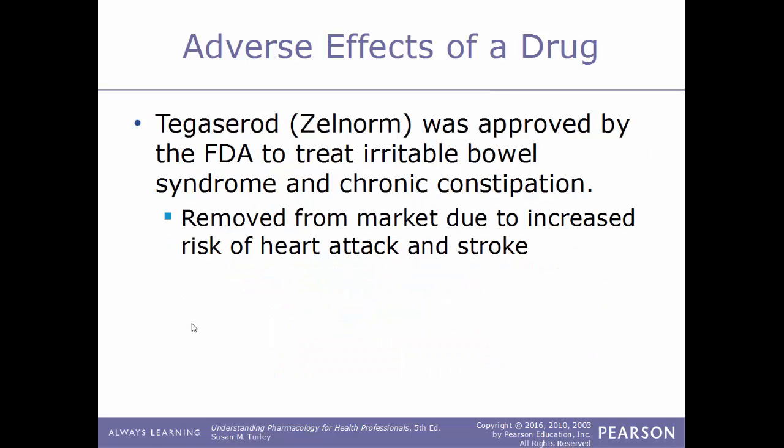The drug Zelnorm was approved by the FDA to treat irritable bowel syndrome and also chronic constipation. But it was removed from the market due to an increased risk of heart attacks and stroke. So these side effects weren't known as it went through the clinical trials, but became apparent after it had already been approved for sale to the general public. So these side effects became severe enough where they were classified as adverse, so it prompted the removal of this